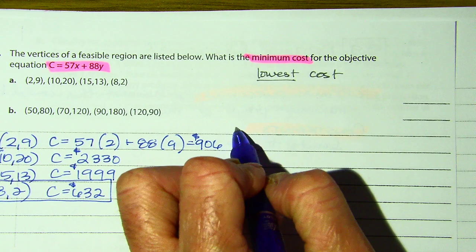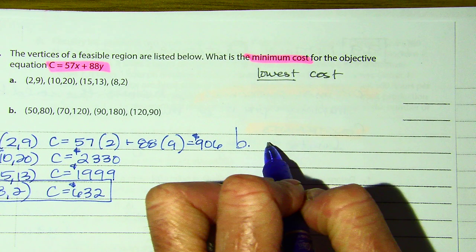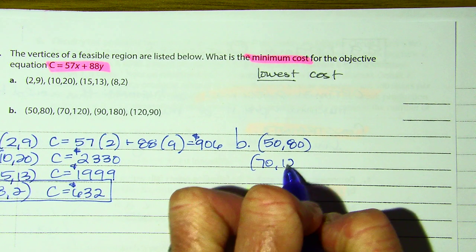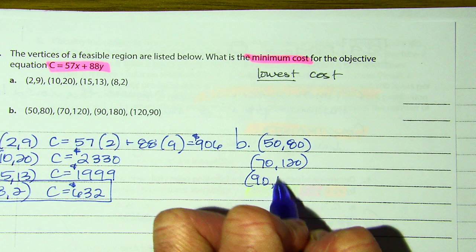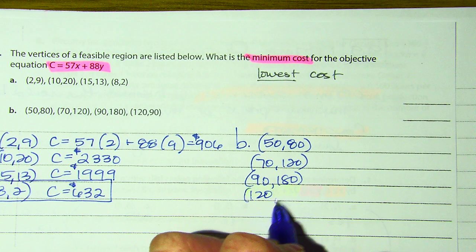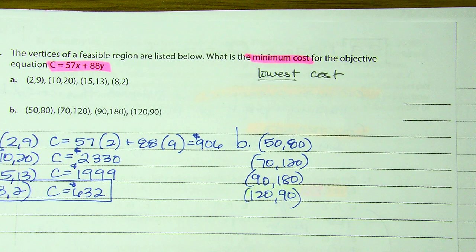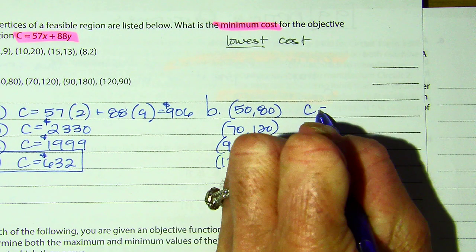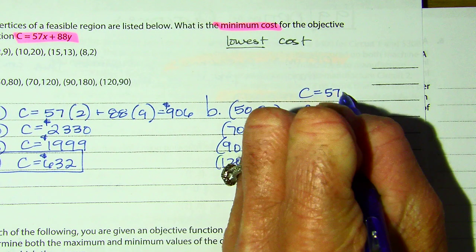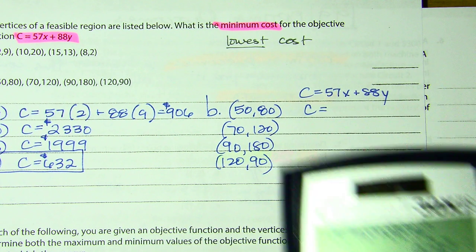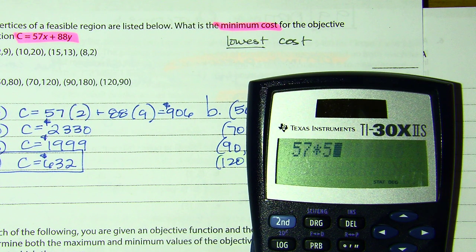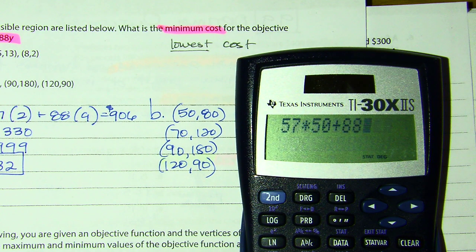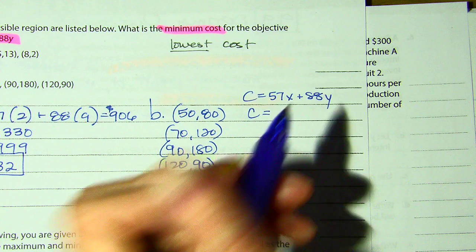So I'm going to repeat that for B. So I'm now trying the following points: (50, 80), (70, 120), (90, 180), and (120, 90). Now I'm going to guess it's the first one because it overall has the smaller numbers, but I could be wrong. So same equation, right? C equals 57x plus 88y. So 57 times 50 plus 88 times 80 gives me this first cost of